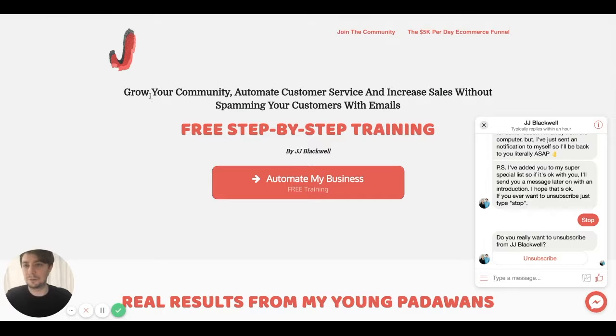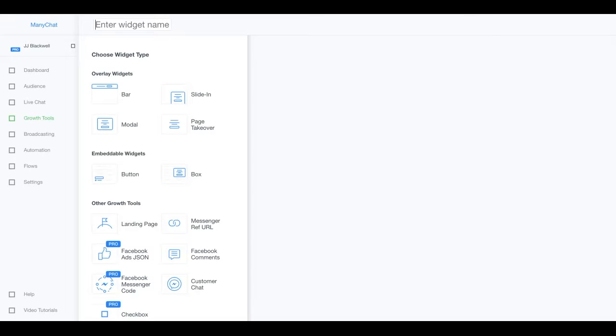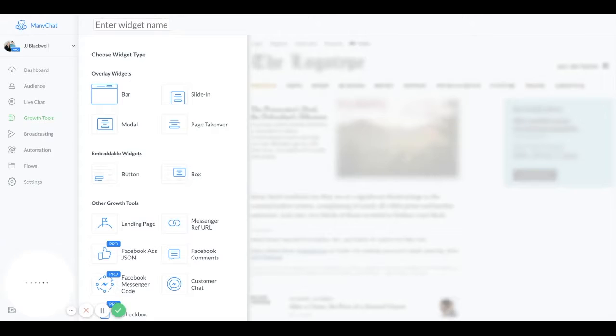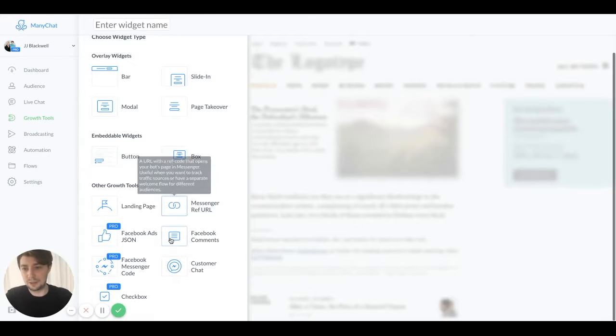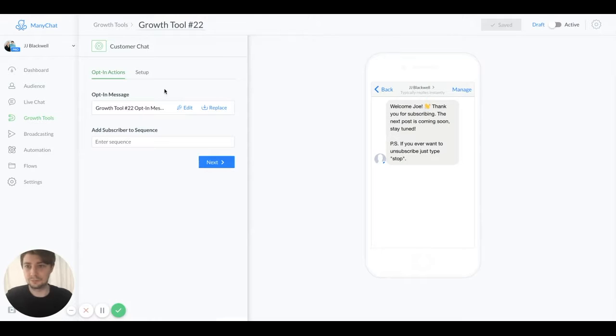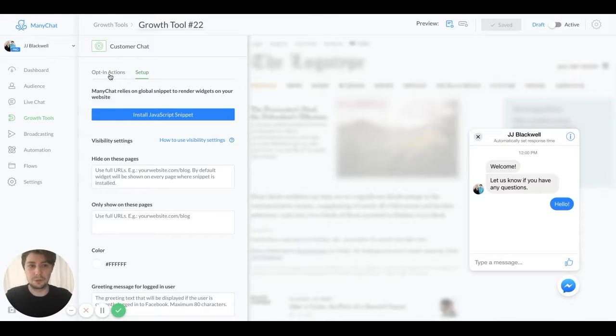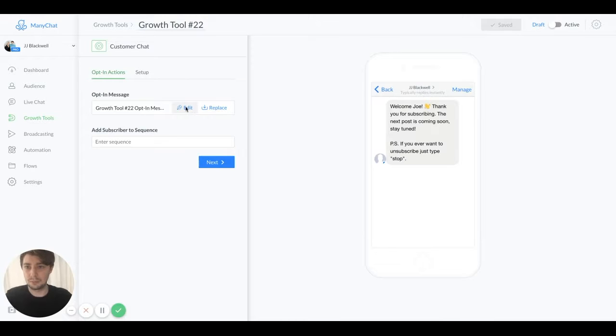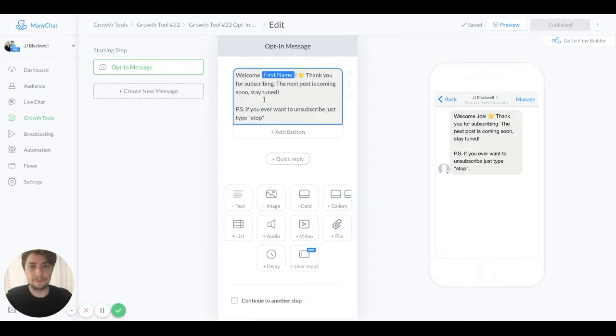Let's go into growth tools. So we're going to set up a growth tool. So you just go into your account and then growth tools here. And then we're going to search for customer chat just here. So here we have the message that they see when they come and open up the window. And we're going to go and edit this. So we can say,